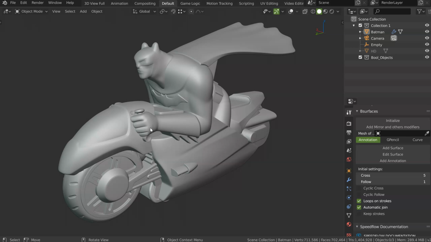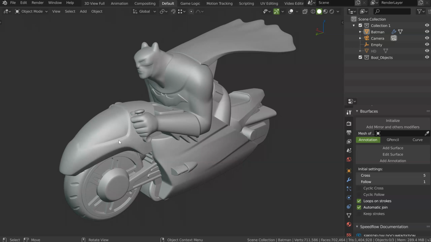And as you saw in the first example, SpeedFlow is made for every type of workflow. So this is the perfect tool to work on different objects in Blender, even on this kind of object, not only on hard surface. I also use it to make clothes, to make objects, to add some bevel, subsurf, etc. Some air also in mesh. So that's it. See you later for another SpeedFlow basics.